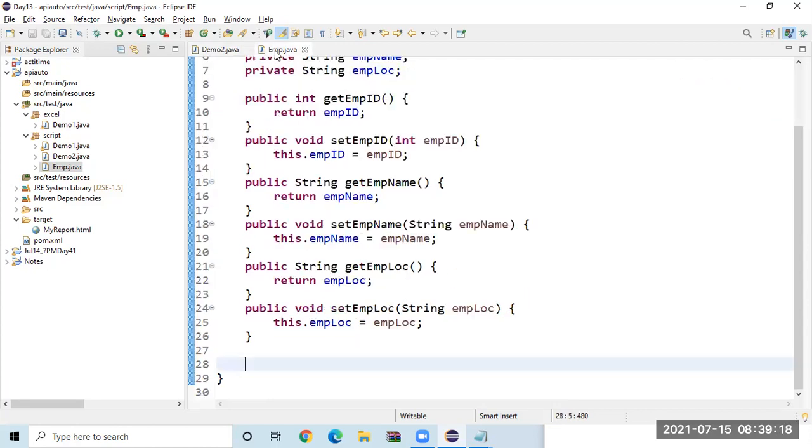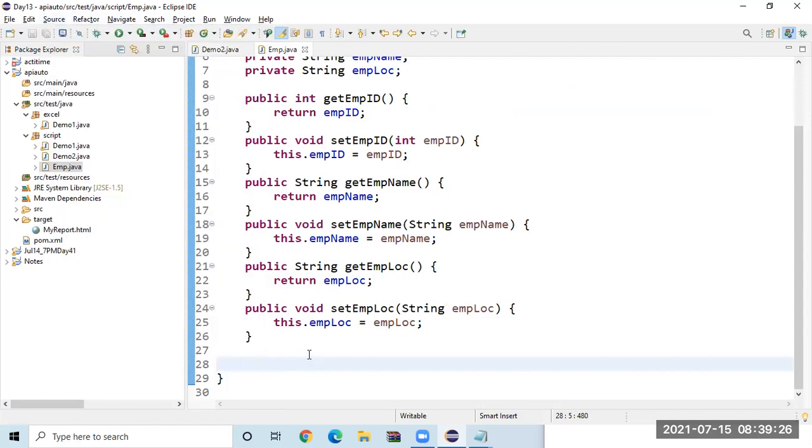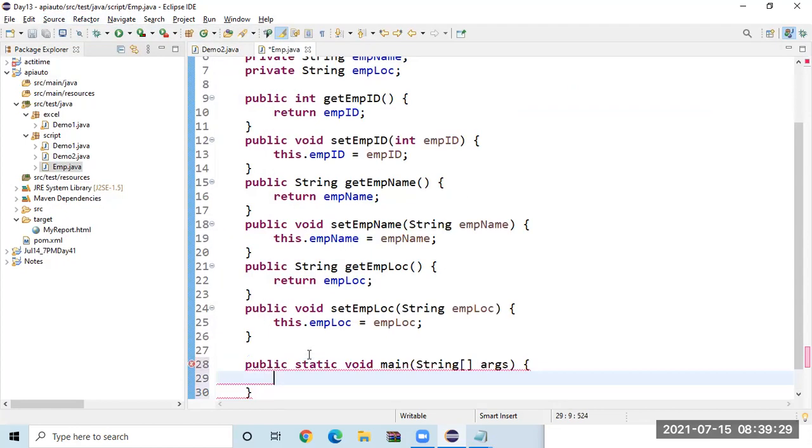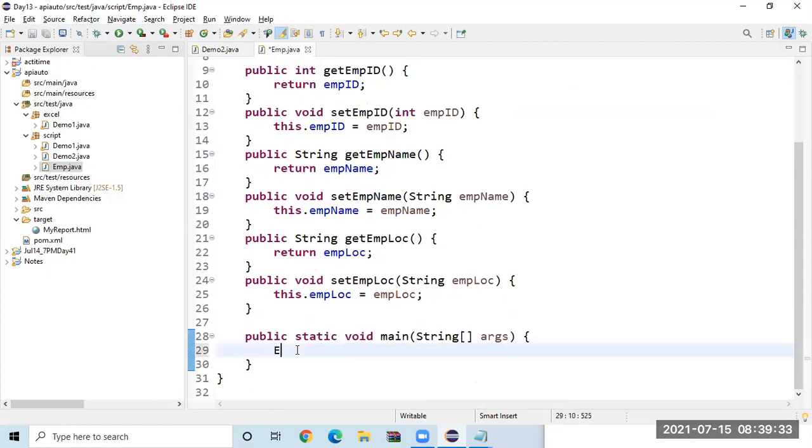It's done, sir. Now, why is there another important method in this Pojo class, especially toString? Observe this. Let me have a main method, and let me create an object emp.